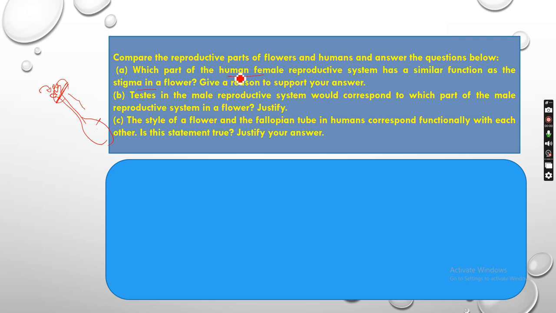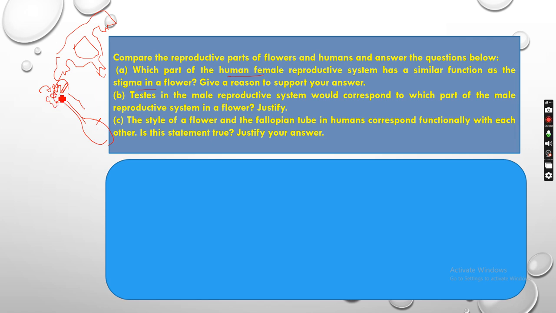That means here we are talking about the human female reproductive organ, right? So what is happening here? They are asking which function you will relate to the female reproductive organ. That means the receiving of the pollens corresponds, in the female reproductive part, to the receiving of the semen. So entry of the pollens occurs in the stigma, right?